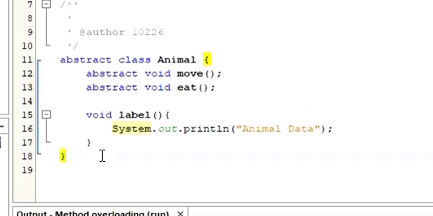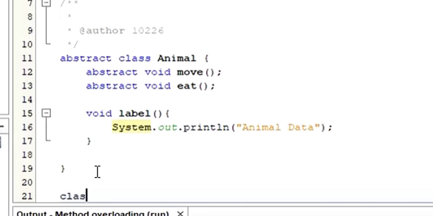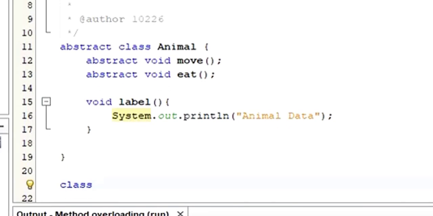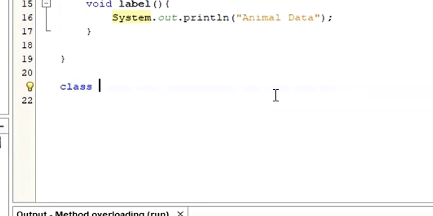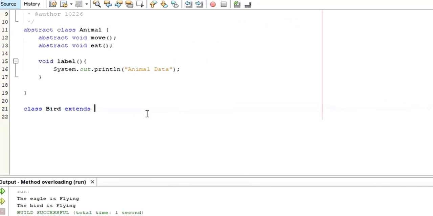Let me say now, here I'm going to create another class. I can call this class bird. This one is going to extend from the animal class, right, from this class. So here inside what I'm going to do, let me create the same method name here but without abstract, method void move, because the same method like here. So inside,